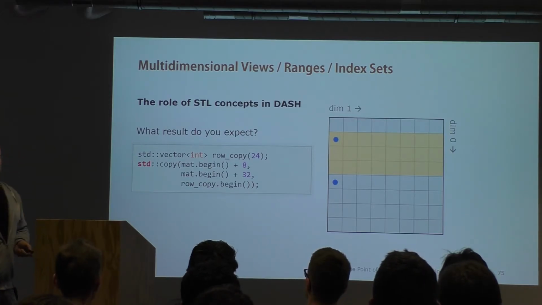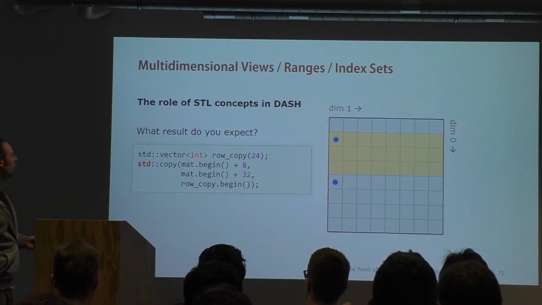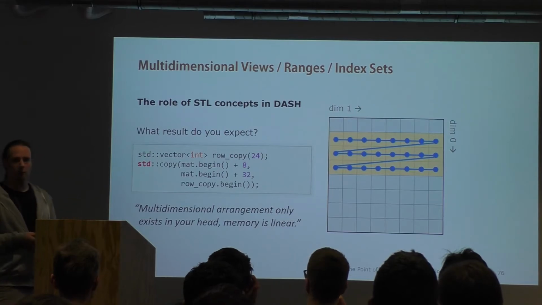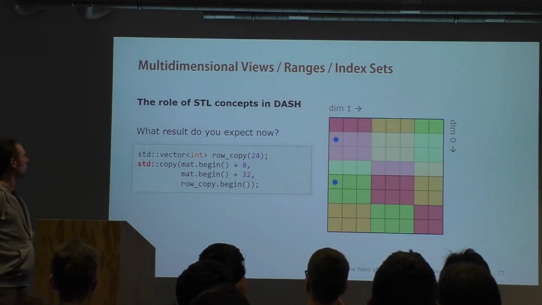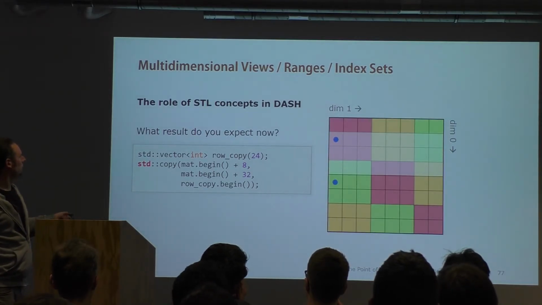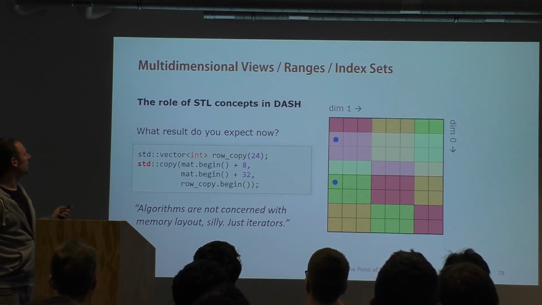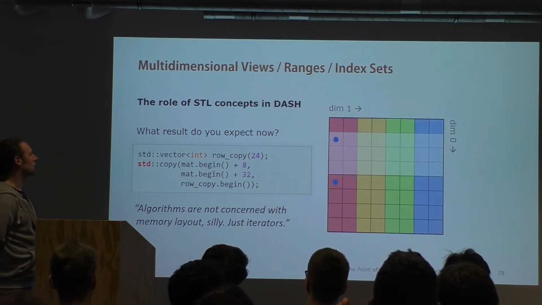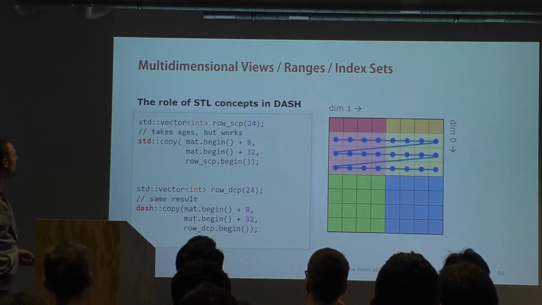All it knows is, well, there is an iterator, and I just go on until I meet my end, or until the not equals predicate yields. And this would work. This would exactly return what you expect. And it would be horribly slow, of course. So the important part is the actual achievement in this, even if it sucks. It would always yield the same outcome for any distribution scheme you run underneath. Because